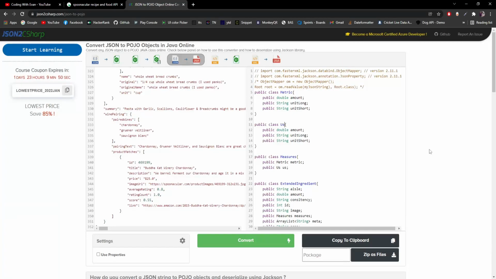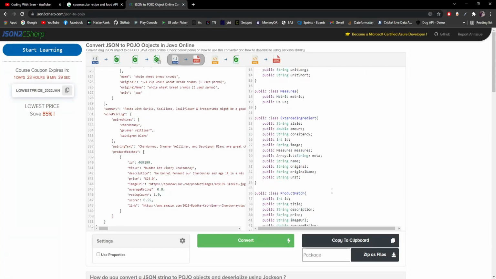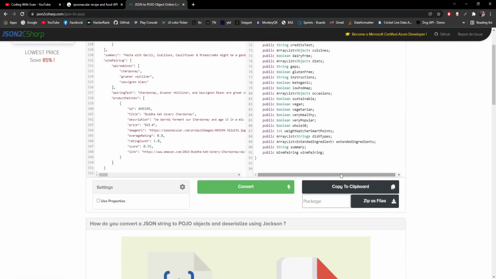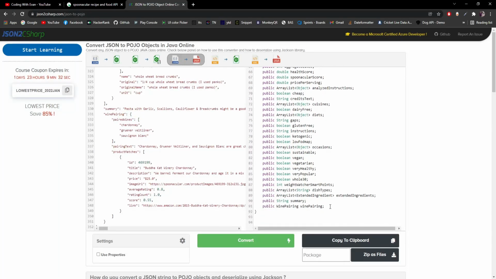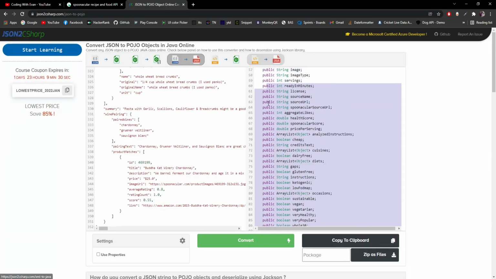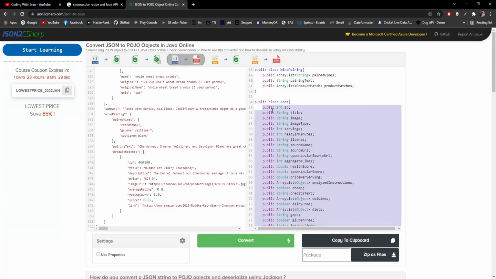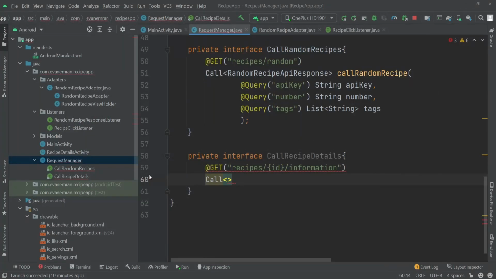So in the first video of this playlist, we created some classes like this metric and US. We have them in our models package, so we don't need to create them again. So at first we'll go all the way down to the root here, and we'll copy all of these objects inside this root class. So I'll copy them. Okay, and I'll go to our Android Studio, and here inside these models I'll right click